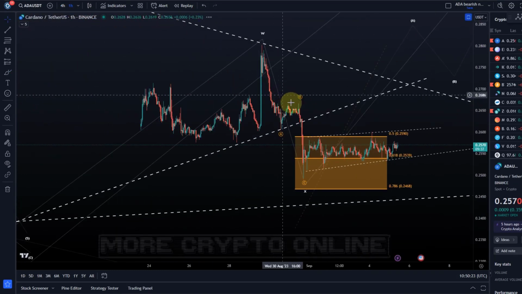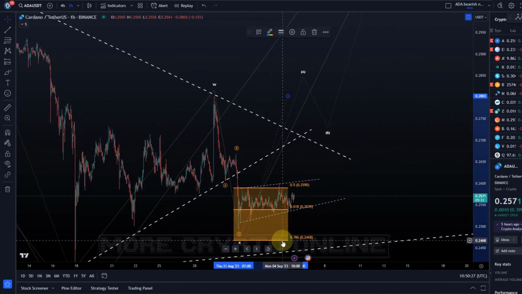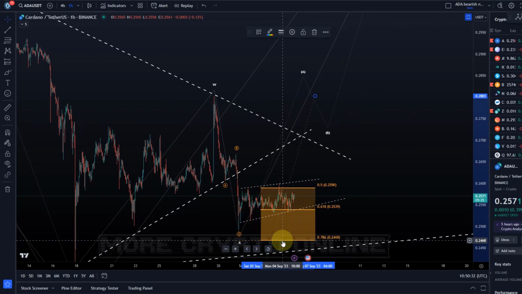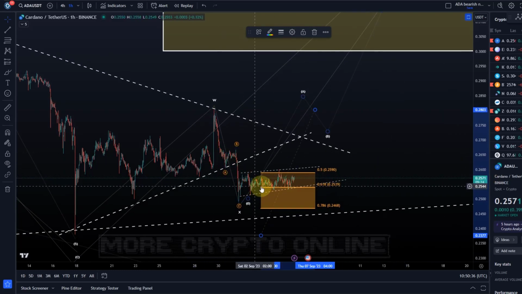But I highlighted to you before, this is not high confidence that it's going to start the move up from here. Because remember, we're dealing with corrective structures here. It's not an impulse. It's not a high confidence setup. It's also highlighted in orange, which means it's just a bit of a wait and see. If it starts from here,